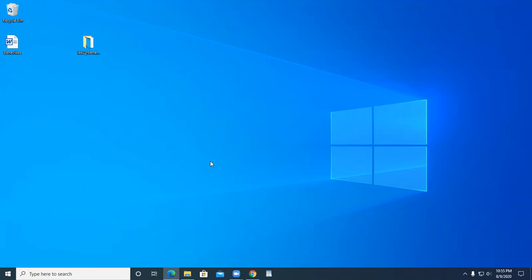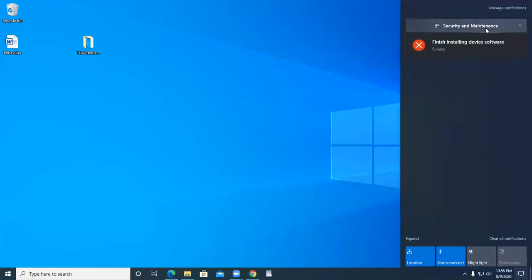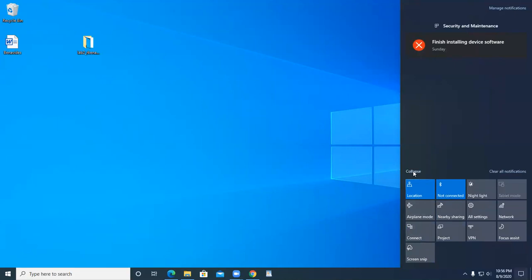In the extreme right of your taskbar, you've got the action center notifications, and mine is pretty clean here because I don't have a lot going on. If you have maybe your email program installed and stuff like that, you will have emails coming in here. Right now I've got a notification from security maintenance. They want me to finish installing device software. I don't know what for, but I guess I could look into it. That's not the point. But for right now, this area down here at the bottom can be expanded or collapsed,